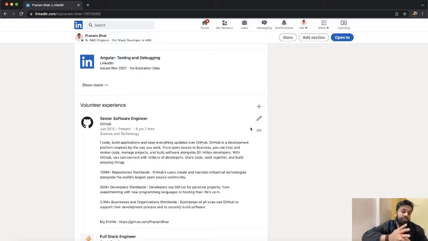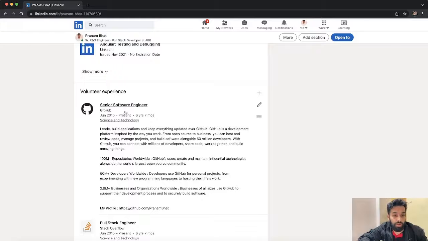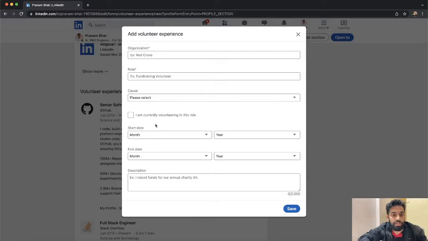Coming to volunteer experience, what you can add here is, for example, if you have contributed on Stack Overflow or GitHub, or any volunteer professional work like a hackathon, or you worked as a moderator for any HackerRank events, you can add it in the volunteer experience with proper details and a proper title, and the start date, end date, and description.